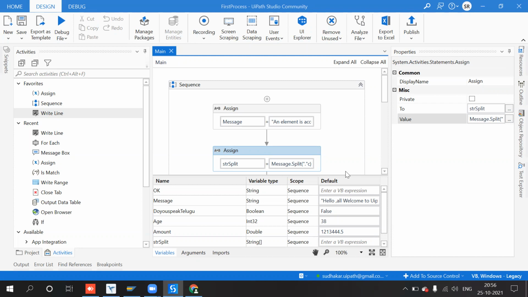For the past 5 years I am working in RPA. So now I am an architect cum manager. So these are the motivations you have to take.